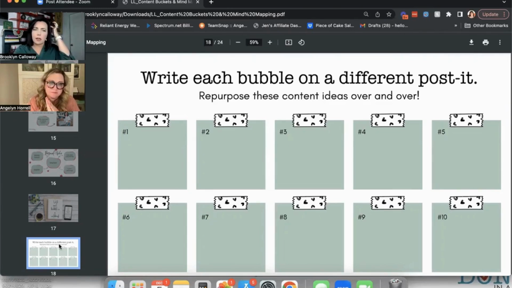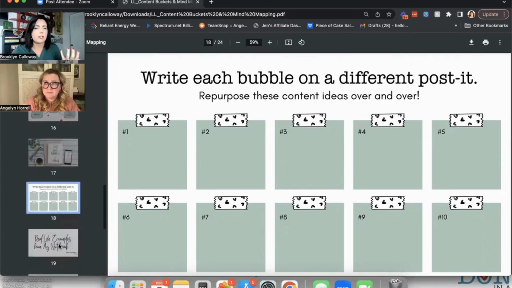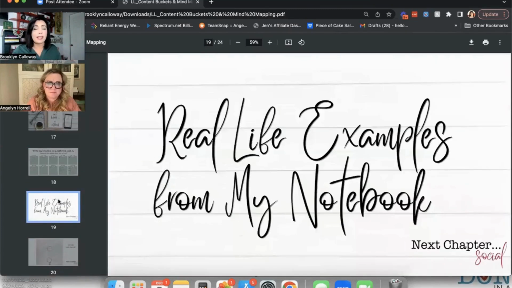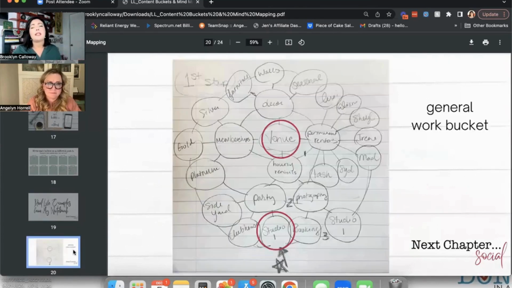And just to zero in on repurposing content ideas over and over. I'm not just going to talk about being a vintage picker once and be like, okay, wad it up and throw it away. You want to be able to reuse these topics because I don't just have one story about my collections. I have a bazillion stories. And so let me show you these real life examples from an actual notebook where I workshop these ideas with clients, and I did it for myself.